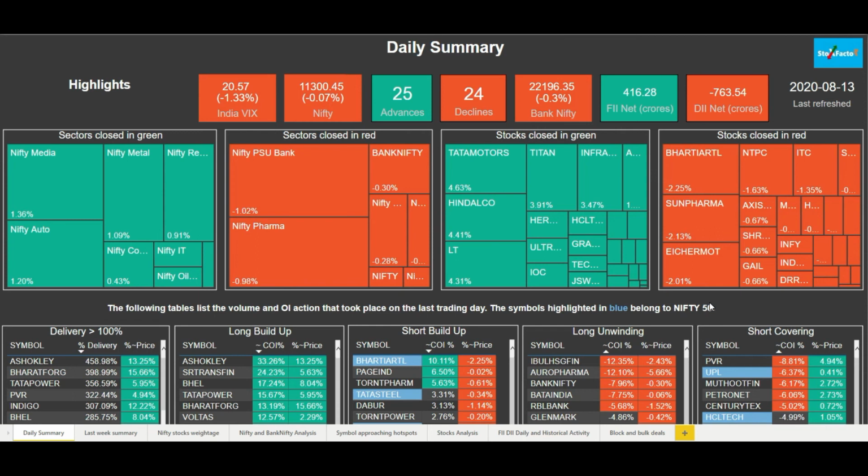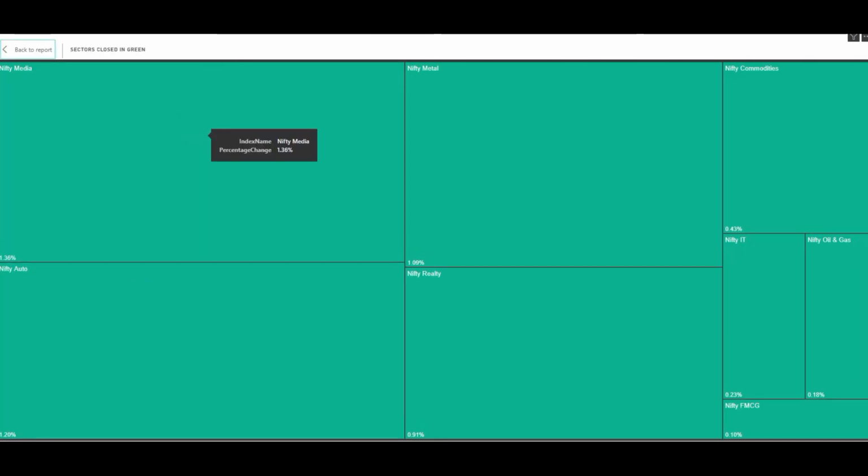So friends, before I end this video, I just want to show a very important feature of this particular product. On each page you will find such visuals, the graphs or the boxes or the tables I am referring to. And for each graph or table, you can also see an enlarged view and also download the data. So let me show you. If you click here on this particular icon, the focus mode, this will open in the focus mode in full view. So now, as you can see on your screen, the enlarged view of the same visual.